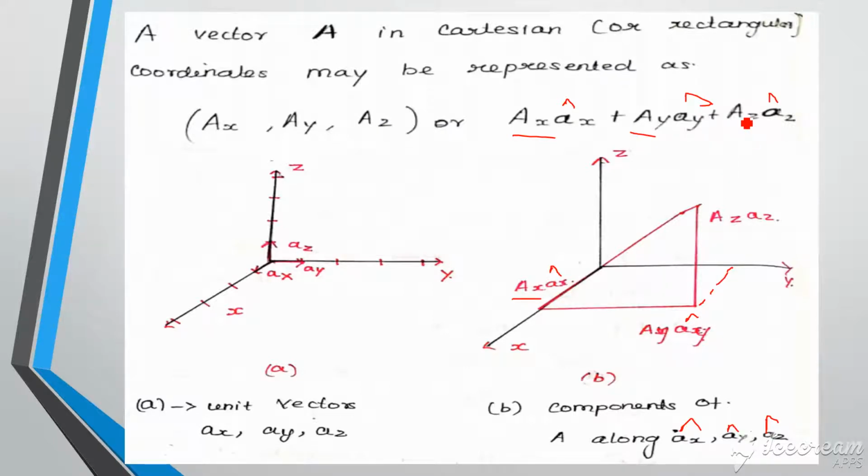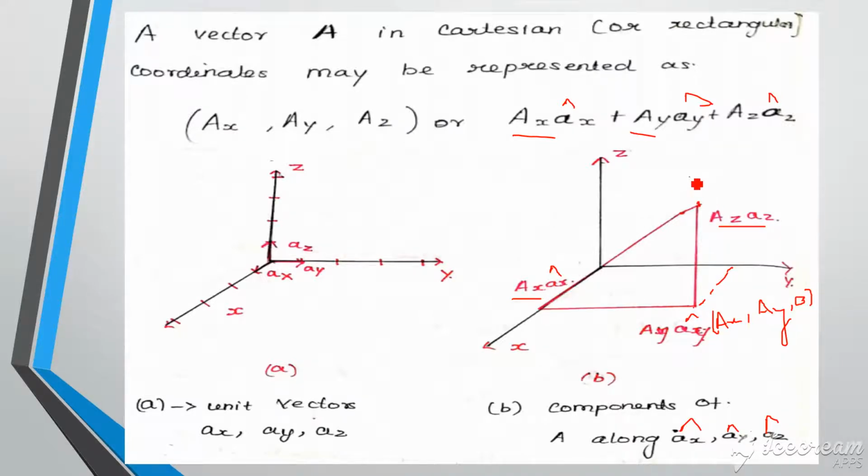And the third one, az, is nothing but the distance along the z direction. So here we can write this point as ax comma ay comma. Here the plane is the xy plane, so in the xy plane the variation of z is equal to 0. So we can write this point as ax comma ay comma 0. Then we can simply project this point upward along the z direction, with the distance of az, then we get the point. So this is the given vector.